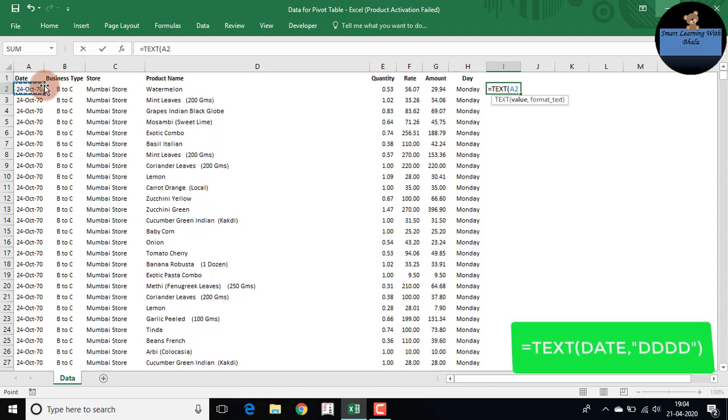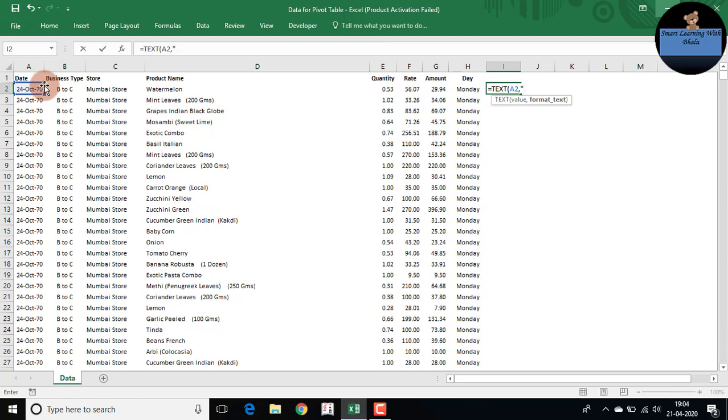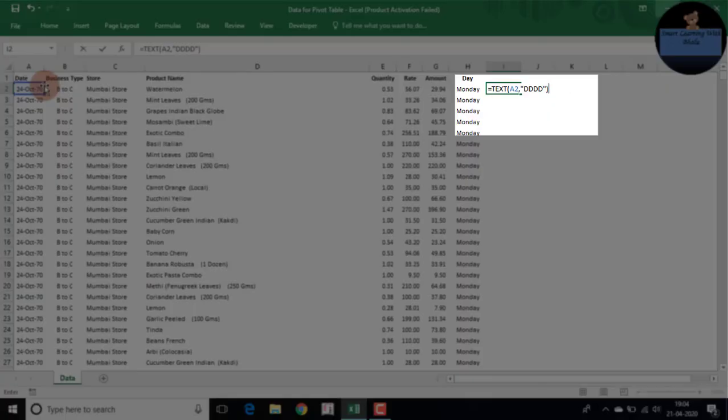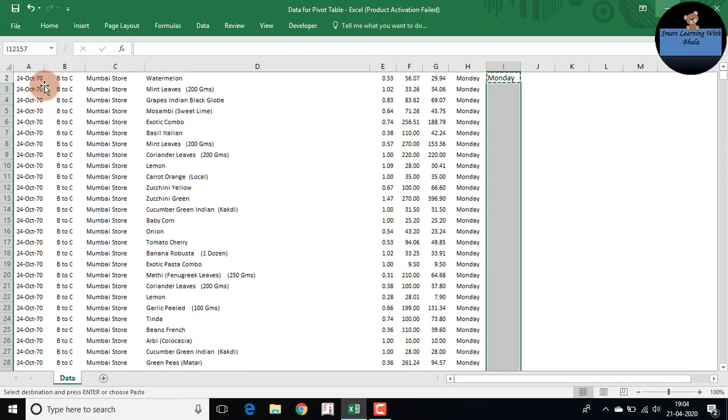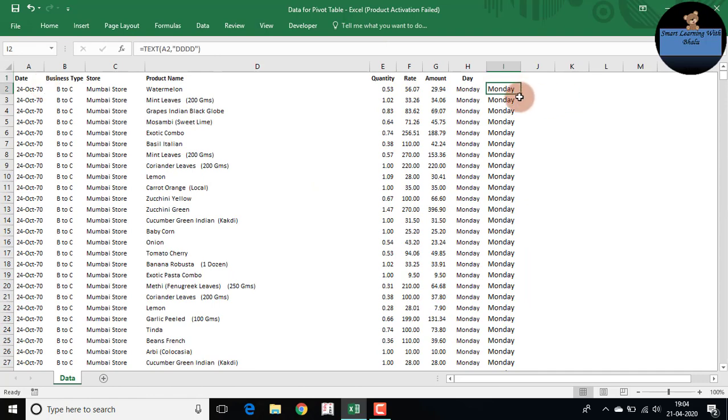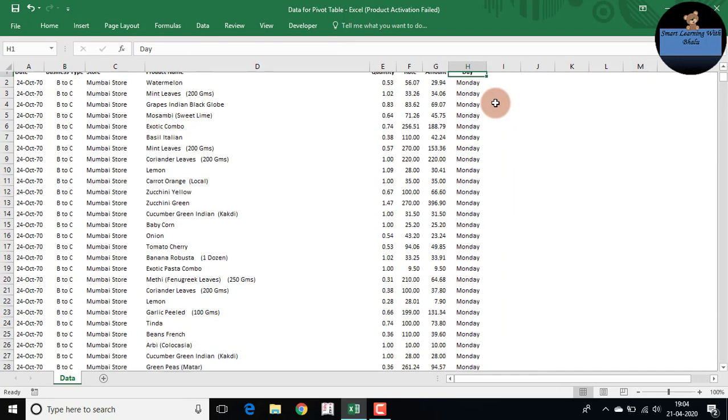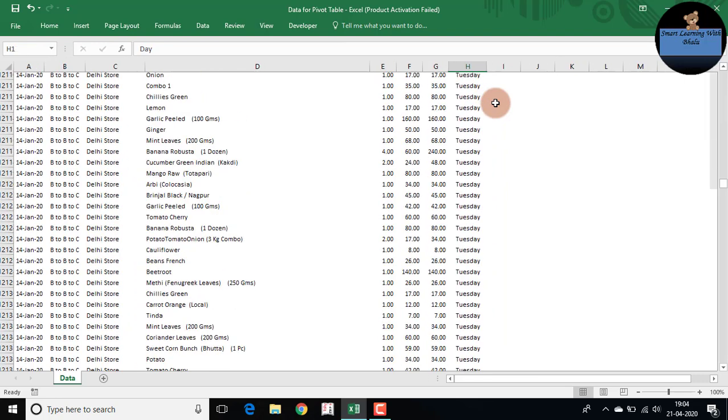Then comma, then inverted commas, and type dd. This can be lowercase or uppercase, that doesn't matter. Close the inverted commas and the bracket and hit enter. You get your day here. Similarly, you can copy paste this, or even drag it. I have done the same thing here, so I'll just delete this. Once you're done, just value paste this.